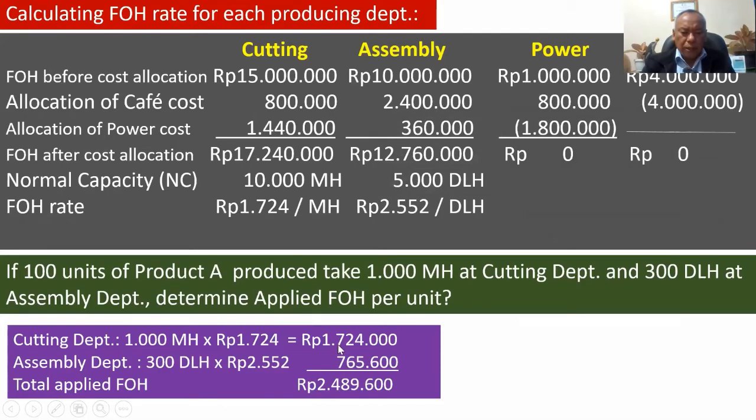So we find 1,724,000. And then the assembly department, the actual capacity, in this case 300 direct labor hours. 300 direct labor hours times the assembly rate, 2,552 per direct labor hour. So we find 665,600. So the total applied factory overhead,